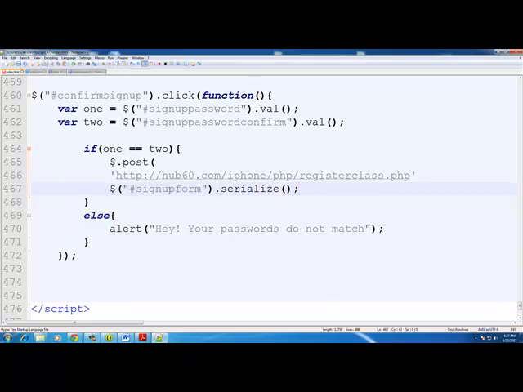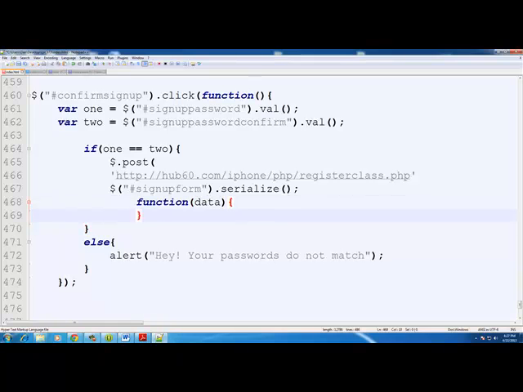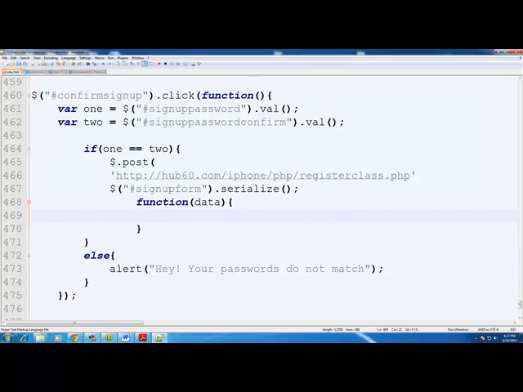So it's going to take all that data by its name attribute, every single text area, input or select, and send it to my server. And then function data, which is when it returns. And then we're going to alert the data that I'm going to send back. Alert data. Okay, and it's gonna say 1 if it's okay. So it's gonna say function data, if data equals 1,